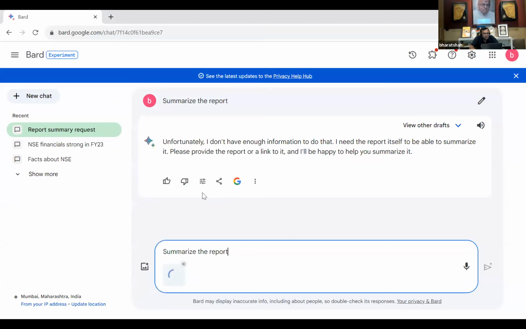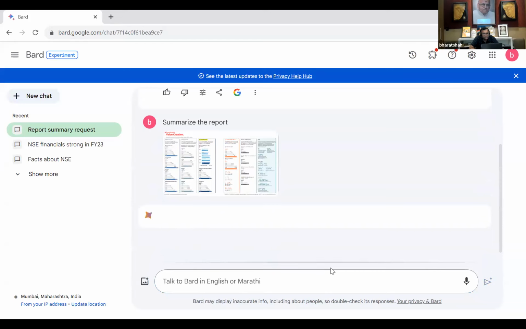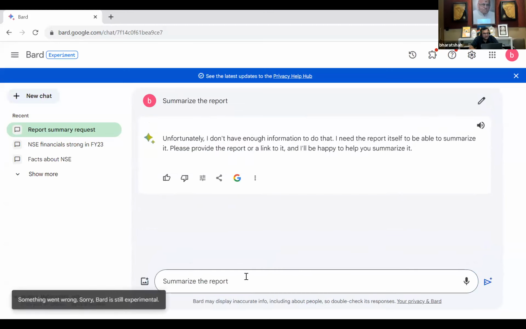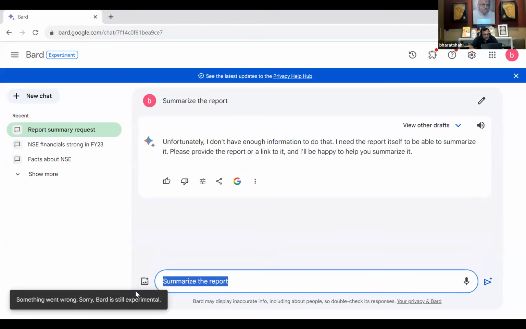So in Google Bard, you would use your Google account. What I have done is taken a balance sheet of a company, and primarily I took an image of it. Once I give it to Google Bard, it will automatically summarize it, and then it will also export to Excel. It might take a few minutes. Just 1 minute.